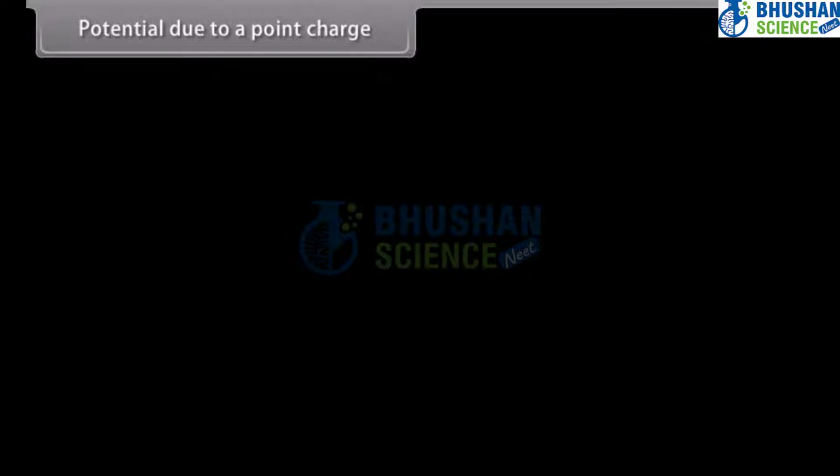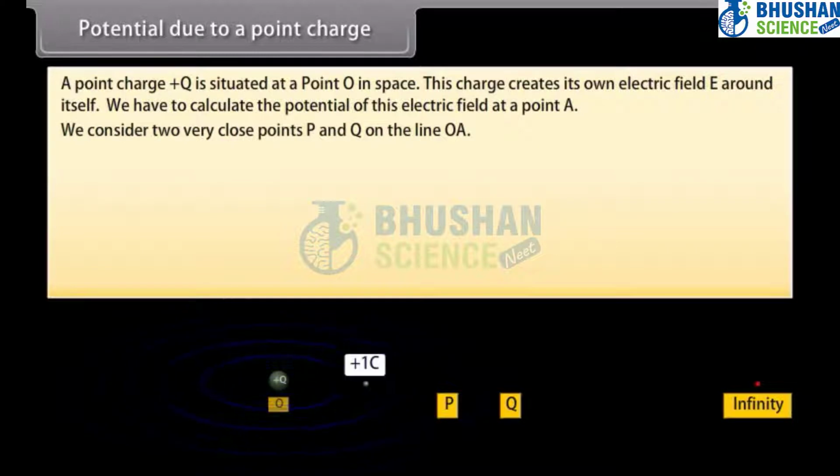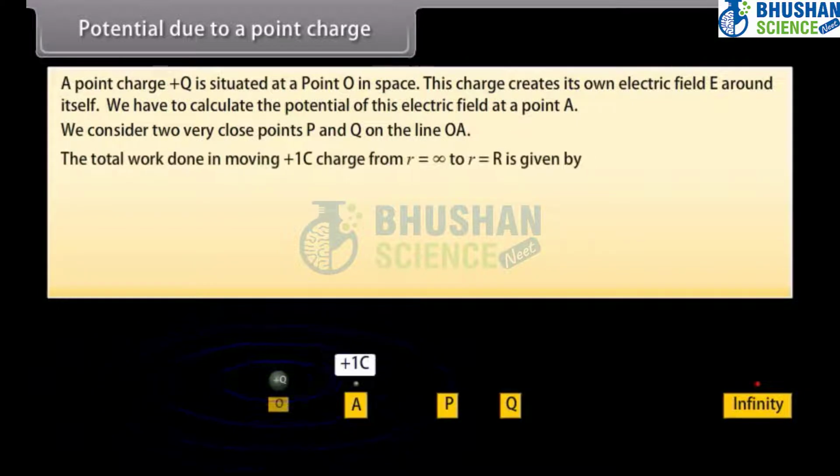Potential due to a point charge. A point charge plus Q is situated at a point O in space. This charge creates its own electric field E around itself. We have to calculate the potential of this electric field at point A. We consider 2 very close points, P and Q, on the line OA. The total work done in moving plus 1 coulomb charge from infinity to point R is given by W